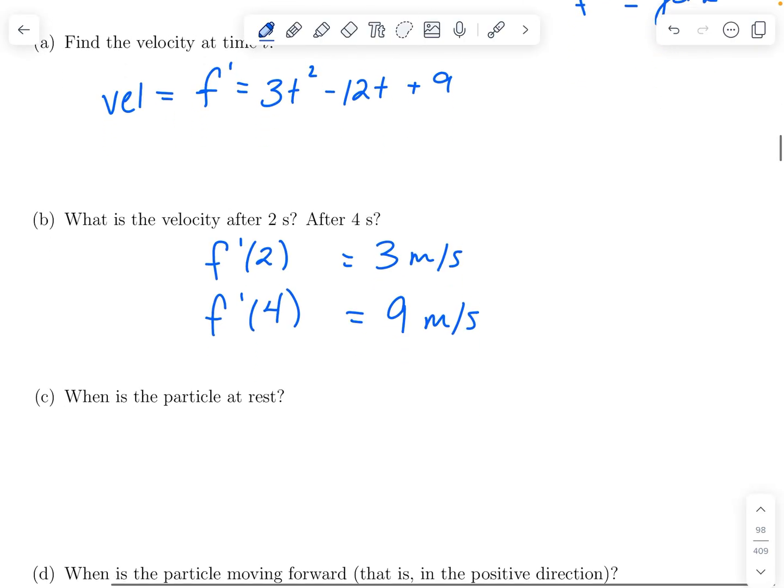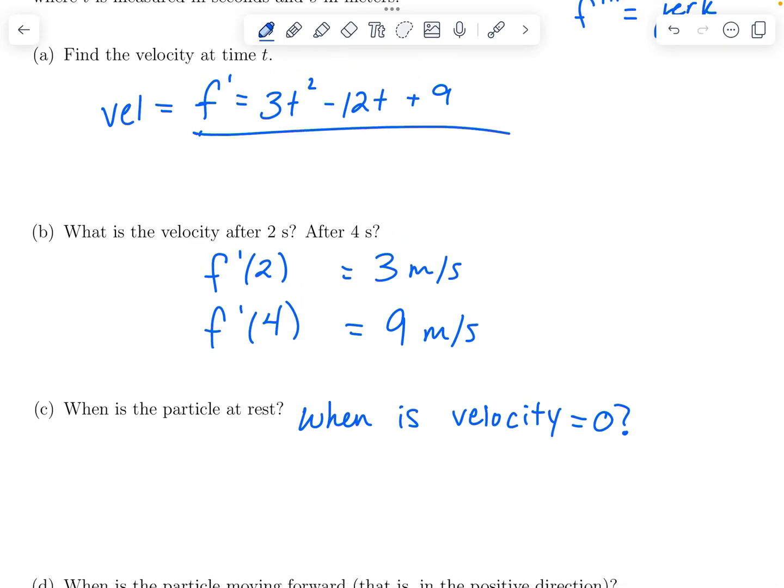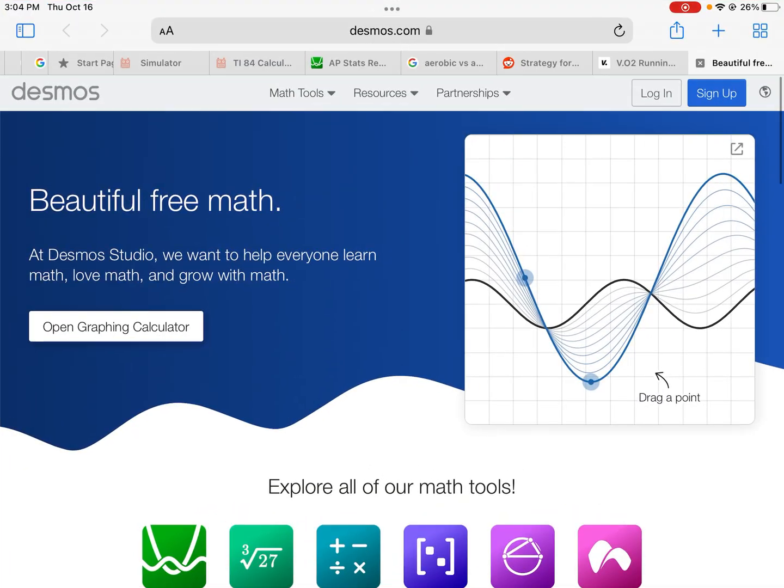So when is it at rest? That's saying when is velocity equal to 0. So I want to know when is my velocity function up here equal to 0. You could also graph it and find the zeros. That's another option. So if you graph it, you take your velocity function,